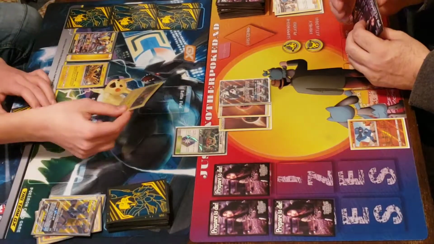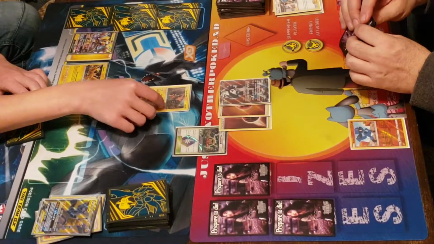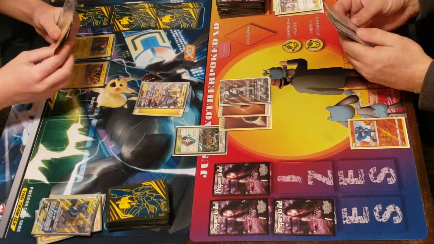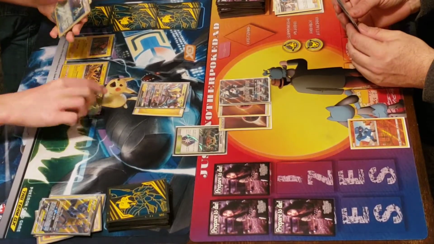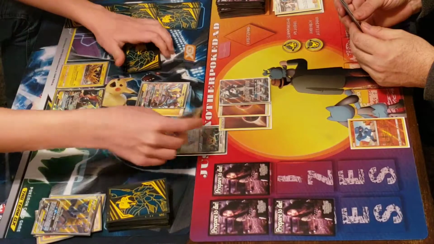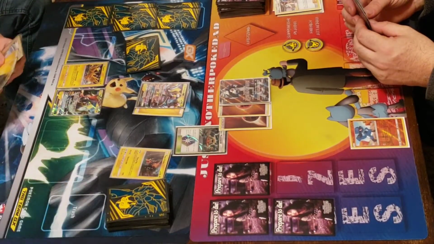So here we have a little bit of a glitch because he forgot, because he's playing that as the Prism Star, that it has to be on the bench to use its ability. So we reset that and went back. So he didn't move up. We make a couple of little mistakes like that and we fix them, for me and for him,